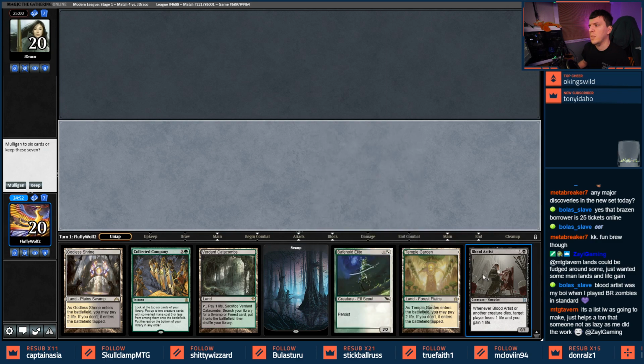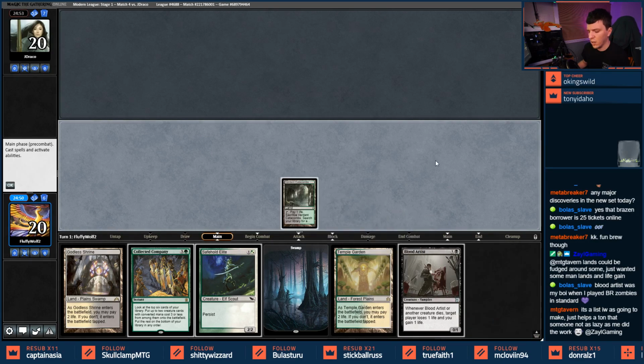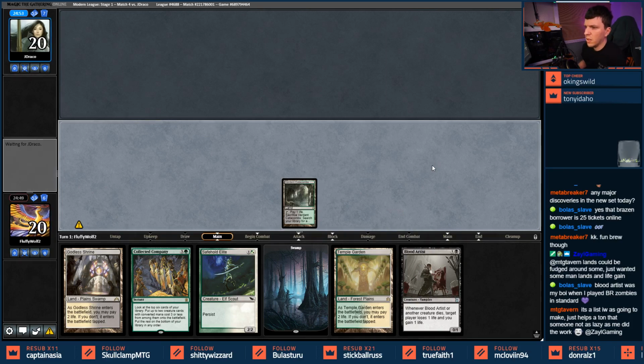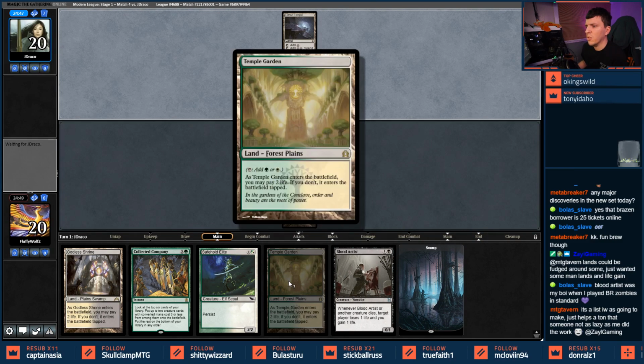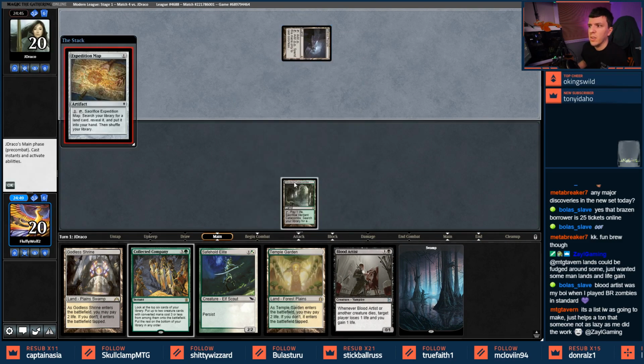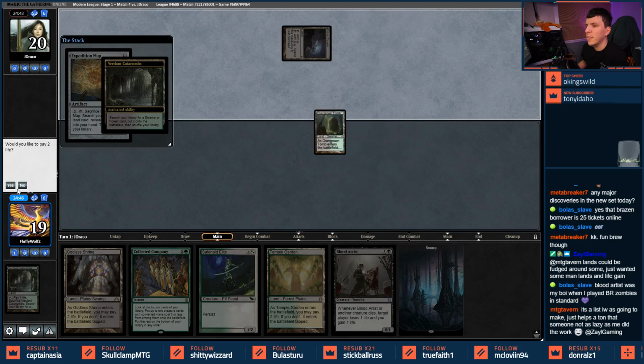Alright, I have 2 pieces of the puzzle and a Collected Company. We'll keep this. J. Draco, I feel like I recognize the name. Verdant Catacombs, Overgrown Tomb is the start here. Overgrown Tomb will allow us to play Safehold Elite and Blood Artist off this swamp. And by doing Overgrown Tomb, I can then Temple Guard behind. So we'll see how much my statement just holds up here with a